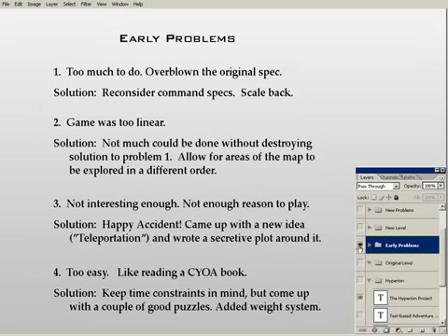When we ended up throttling back on our command specs, this is where Logan and Buzz came to me and said, all right, that's it. You can move, you can pick stuff up, and you can put stuff down. That's all you can do. And so it became my job as the designer to go, okay, we're to the point now where I can no longer request any more features,